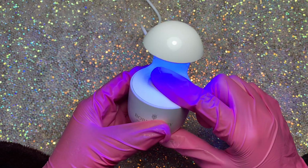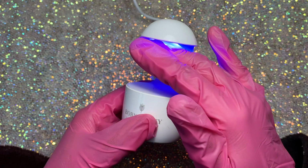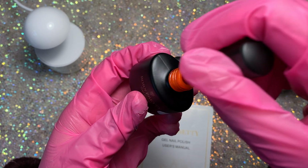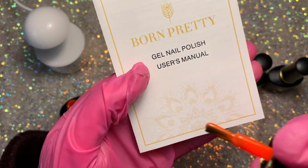And here I am just testing the light. Upon putting my hand underneath it, it felt very warm, which indicates it's quite a strong one, so I was really happy about that. So I'm just gonna quickly show you guys all the gel polishes in today's neon gel